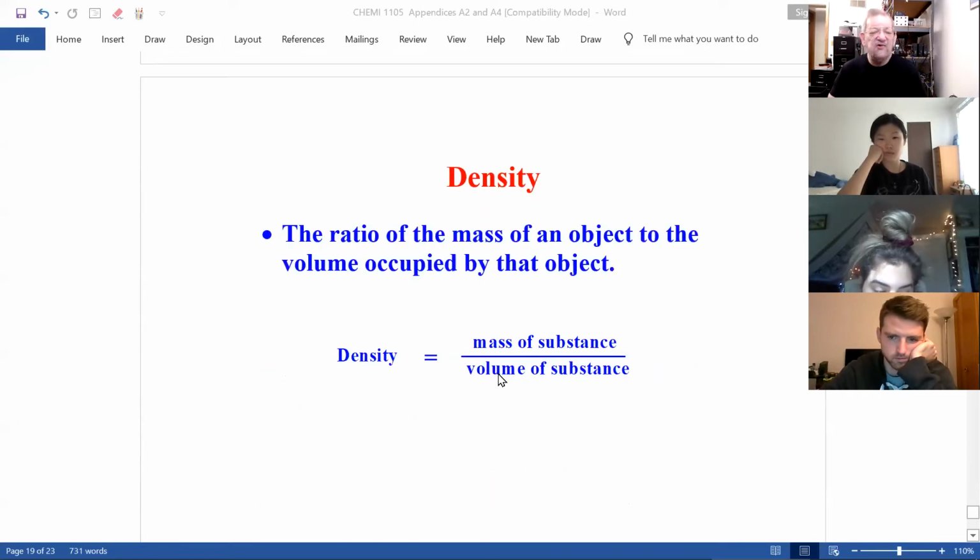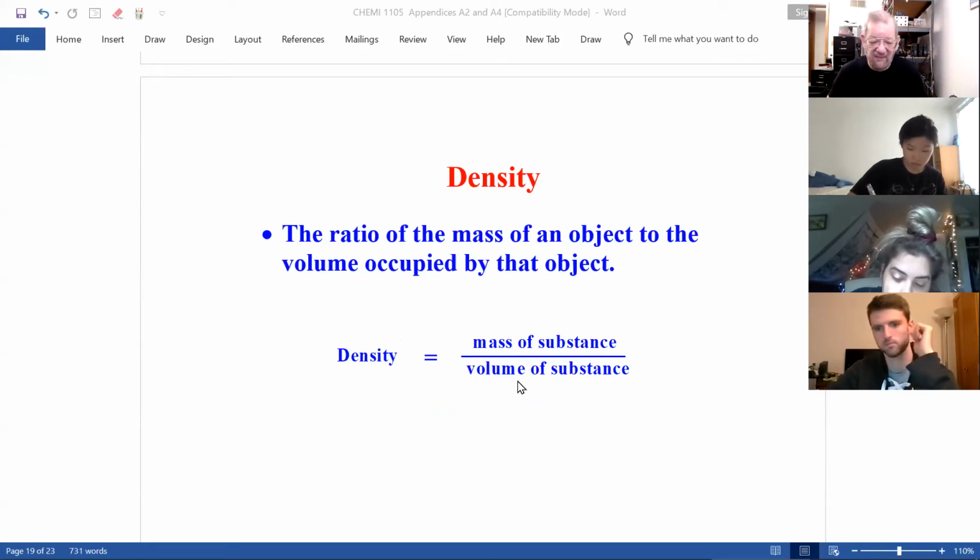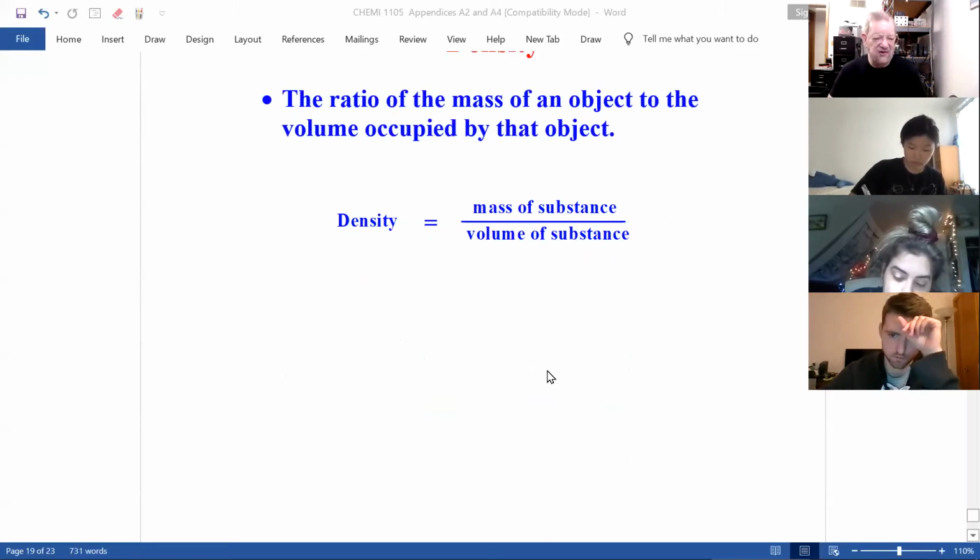All right. Switch is still off, but I'd like to teach you. It's in the book, and we're going to have a lab next week on this, so you'll get some more practice. Density. And what is density? Density is the ratio of the mass or weight of an object to the volume occupied by that object. And therefore, density is mass of substance divided by volume. And many things have density that you can look up, and we'll be doing a lab. And this will not be on any of my tests,